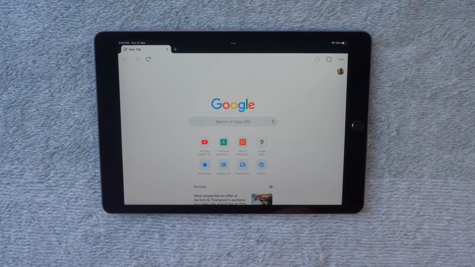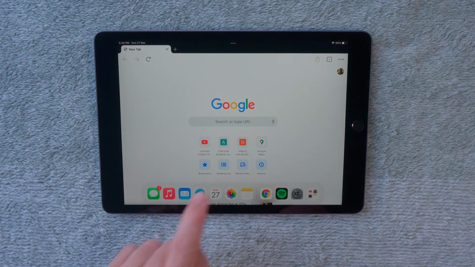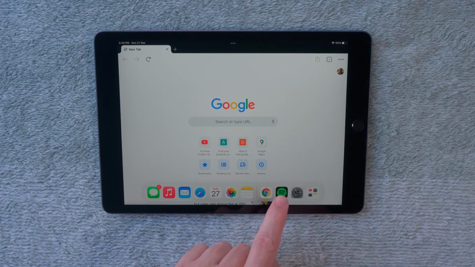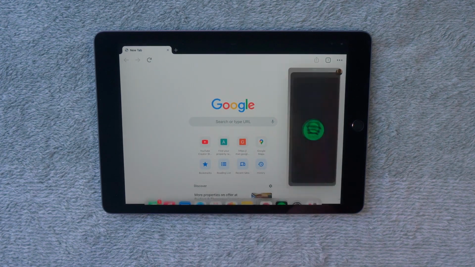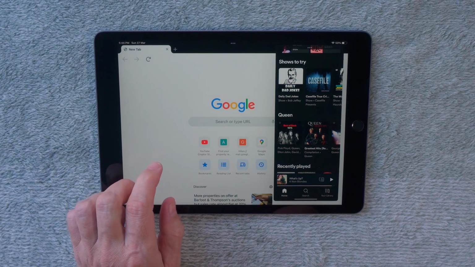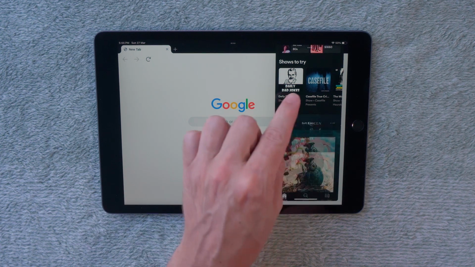So having those in a slide over app makes perfect sense. You can access that really quickly by swiping up from the bottom just a little bit to access that dock bar that I was talking about before. Find your Spotify app or your Messenger app or whichever app you want on that bar, hold your finger down on that, and then slide your finger to the right hand side of the screen and let go. It now puts that app in a slide over app mode.